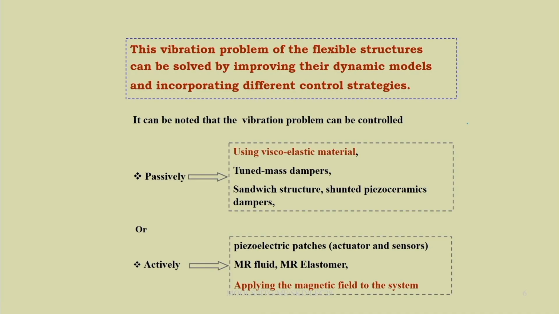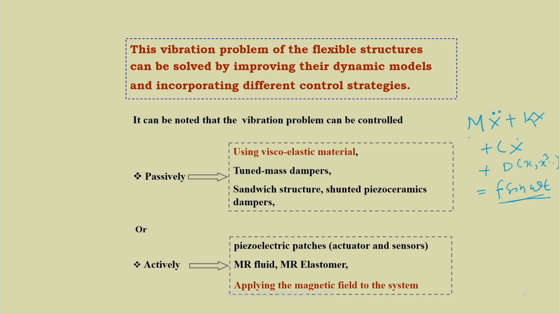For example, you know all the systems can be written in this form, that is m x double dot plus k x plus c x dot equal to f sin omega t. Or k x plus c x dot plus, I can put some other matrix, let it be D, will be equal to the forcing f sin omega t if we are taking the periodic forcing. This D matrix contains the nonlinearity. I can write, for example, x, x cube, all these nonlinear terms will be there, then this is the forcing.